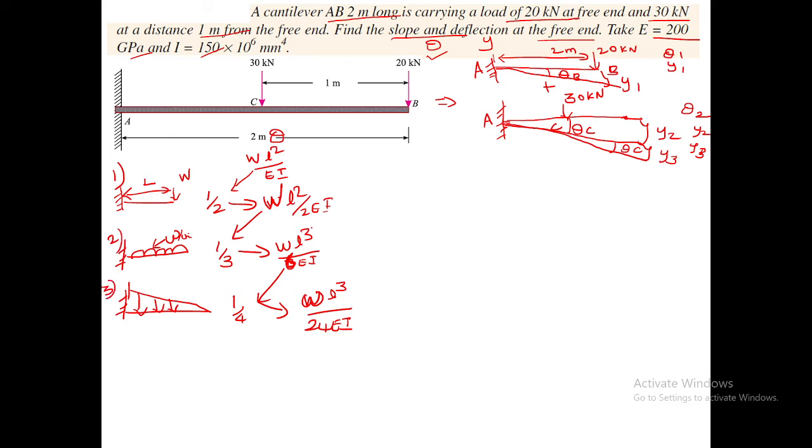So one is the end point load, one is the middle point load. This distance is A, and this is L minus A. So for the middle load, how do we write the slope? Now we want to write the deflection equation.